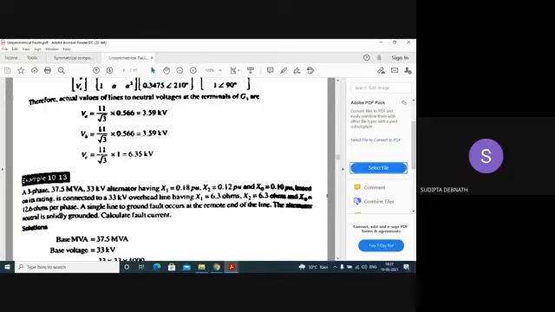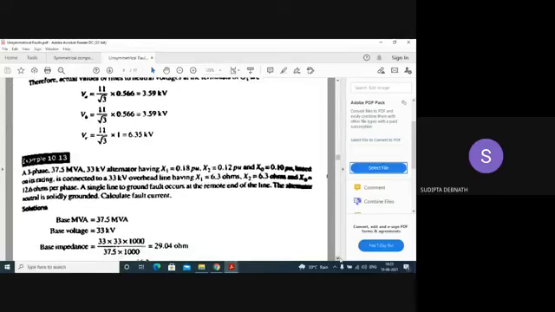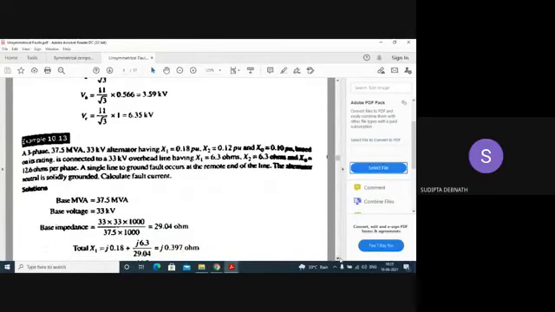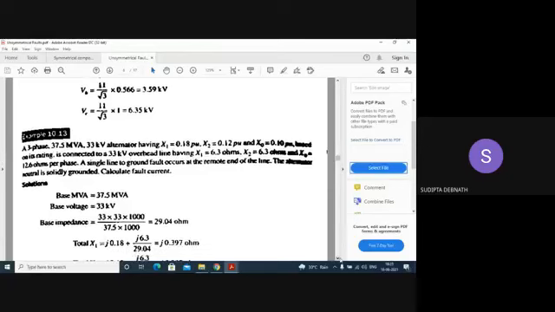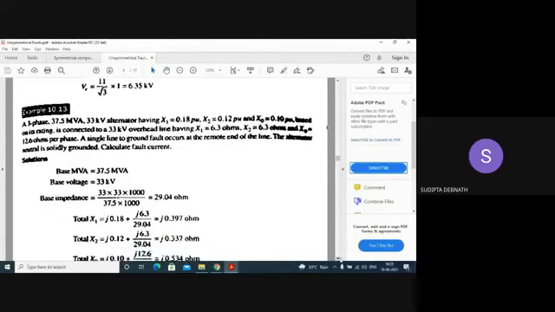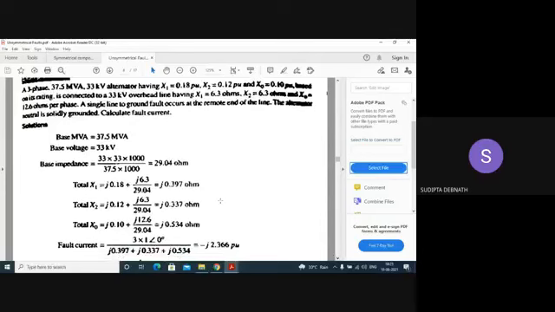What is the total positive sequence impedance? It will be this 0.18 plus the line value. You have to convert this into per unit, or convert this into ohms. Any one you can do. I think this will be per unit. This is wrongly written. This is not in ohms. See, this is in per unit, and divided by the base value. This is also in per unit. So please note it down. Note on slide number 8 that this will be in per unit.